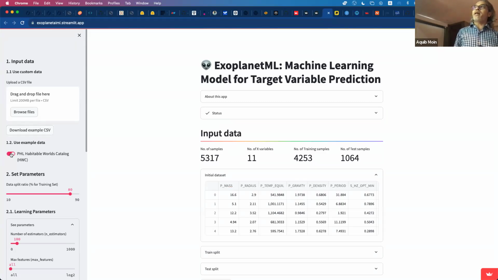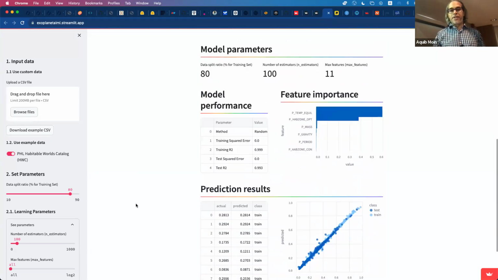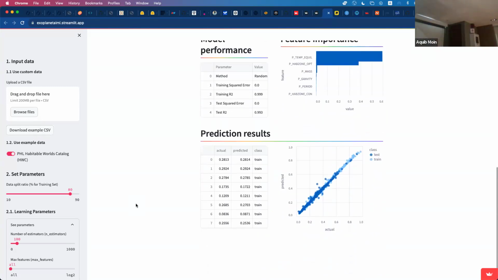So grabbing data, feature selection, and this is actually an example of supervised learning. The last is the target variable, and then model parameters, performance, predictions, and finally a comparison with the actual labeled data. How many seconds will it take? Probably 15, 20. But now I have a model which is ready to be deployed for unseen data like this